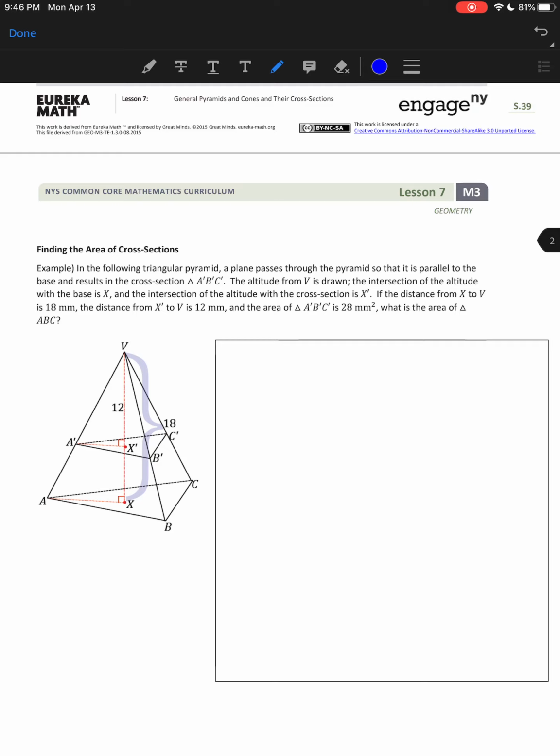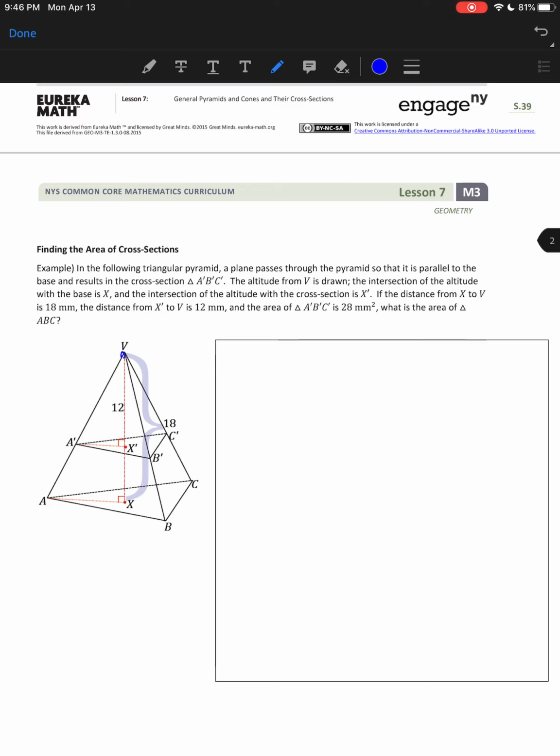And the altitude from V is drawn. The altitude is just how tall this pyramid is. So we have V up here, and it says it has the intersection of the altitude with the base